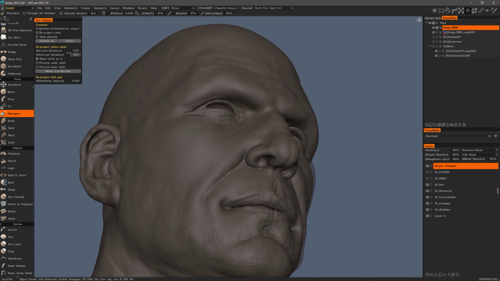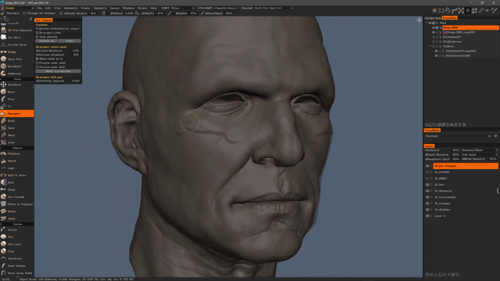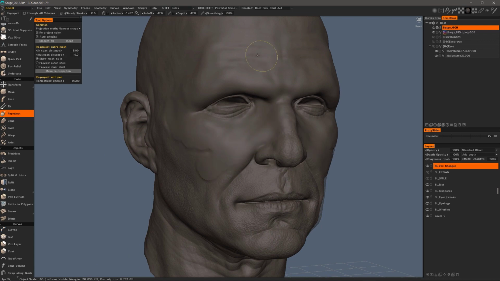We can also adjust the inner scanning distance and the outer scanning distance. If we wanted to try and just reproject the entire object, we could click here.